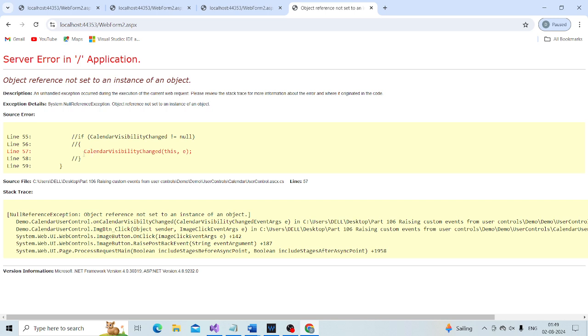At this point, when it is trying to raise the event, there is no one listening. The event is null, and that is why we get this null reference exception.